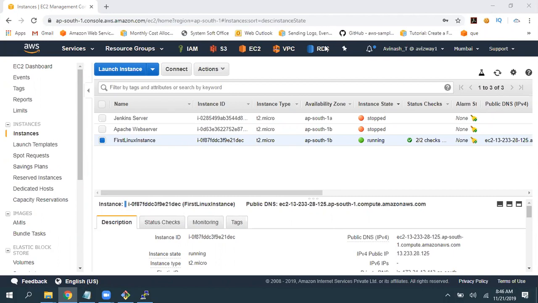Hello, can you hear me? Yes, I'm able to hear you, Kamaldeep. If we have our own IP address, can we use that? We need to contact AWS for that, and you also need to get approval from your existing ISPs. So it is a lengthy process. But it's possible, yes, that is possible. Okay, thanks.